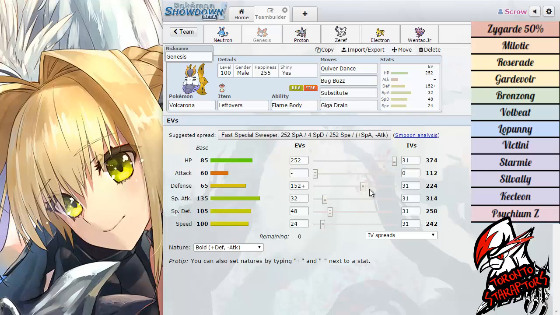The speed is to ensure I outspeed anything barring the Mega Lopunny at +1, and the special defense allows me to take a hit relatively well from a Melodic at +2 special defense with Quiver Dance. It also allows me to have my sub not broken behind a Reflect, Light Screen. As you guys will see a little bit later, I am bringing dual screen on my Klefki, and the special attack allows me to get